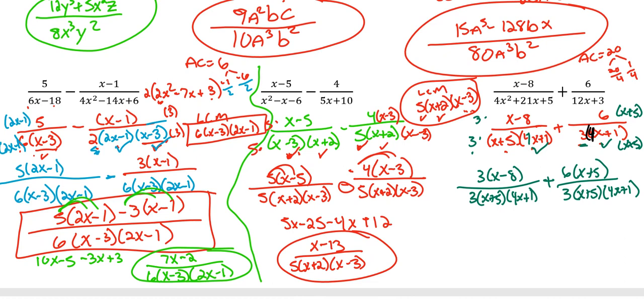Again, I can distribute at the top and simplify. A lot of the times for these types of problems, it will ask you for that. So it'll be 3x minus 24 plus, it's a plus now, so 6 times x is 6x plus 30. Answer is going to be 9x plus 6 over